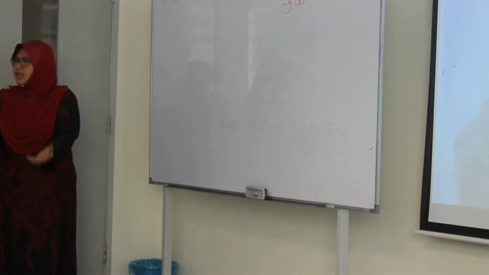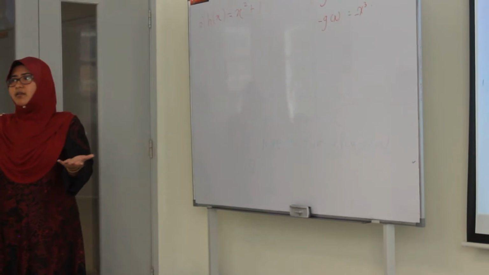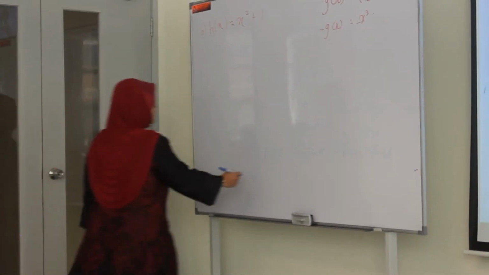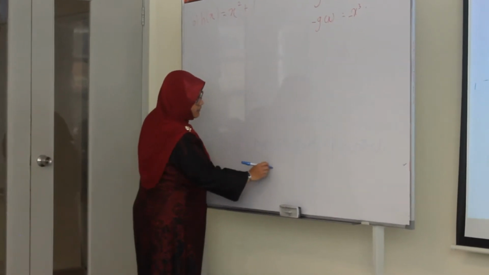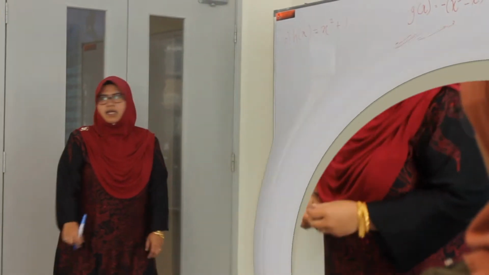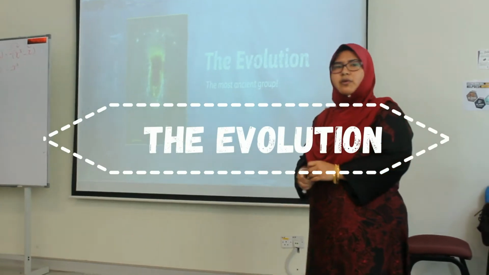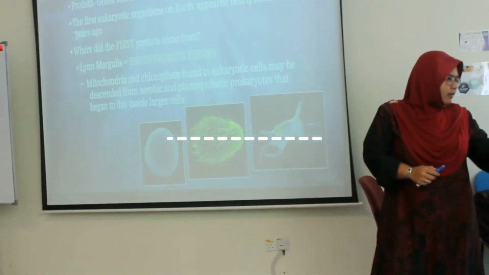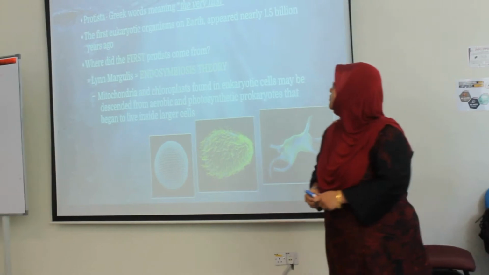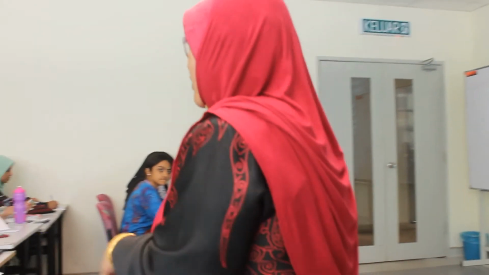The most important thing: diverse group. That was the first question we asked earlier. Diverse group. Eukaryote. What we also want to know is about the evolution of the group. Why is it important? Because, before I babble about the evolution and so on,